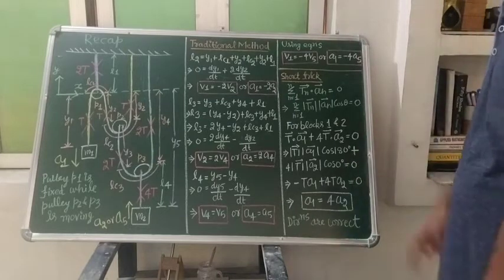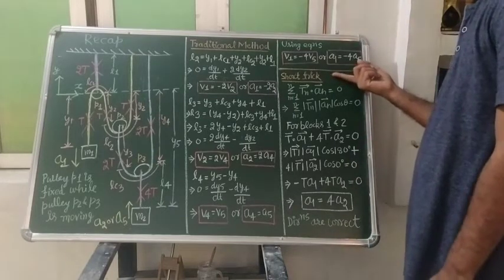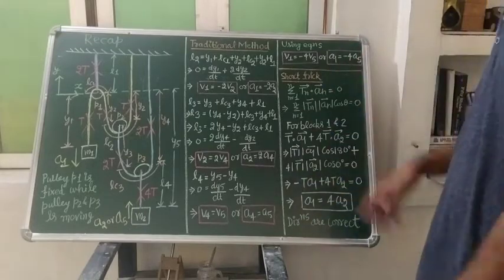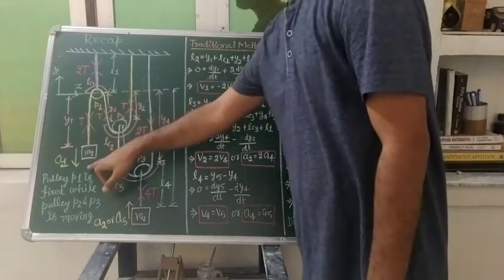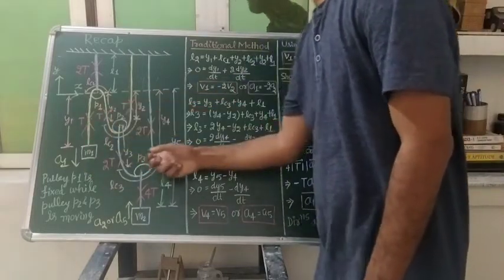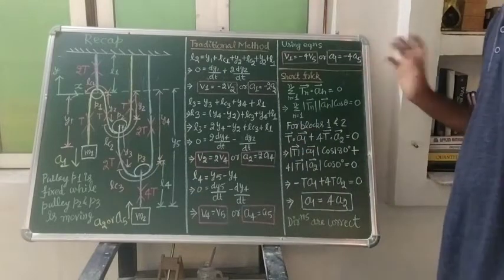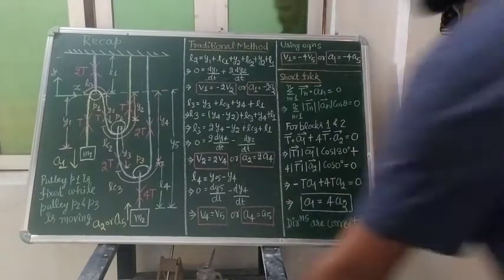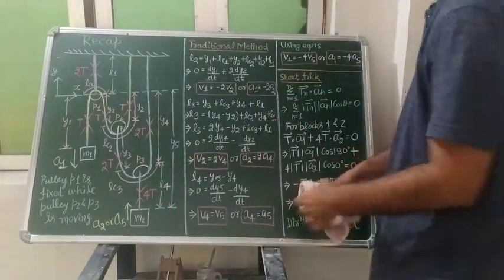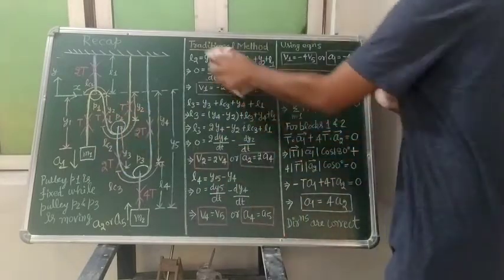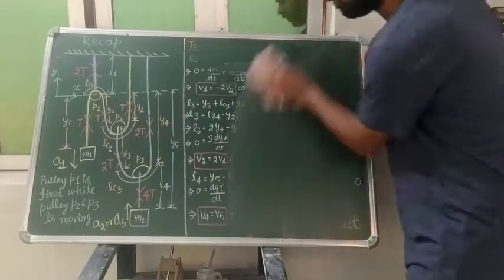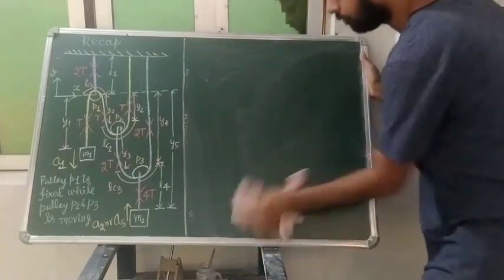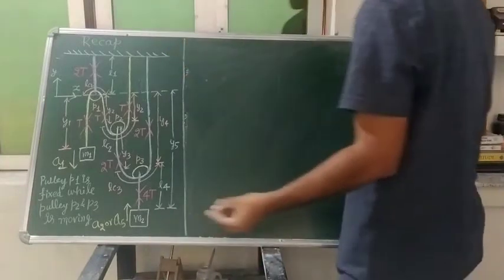And I was also saying when we apply this short trick, students, that we had applied it for the blocks. If you want to know for the pulley and blocks, or this pulley and this pulley, we can apply this short trick as well. So suppose I want to know the relation between this block and this pulley by the short trick. How can we write it for block M1 and pulley P2?